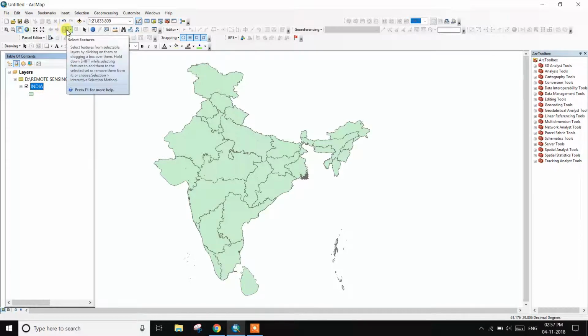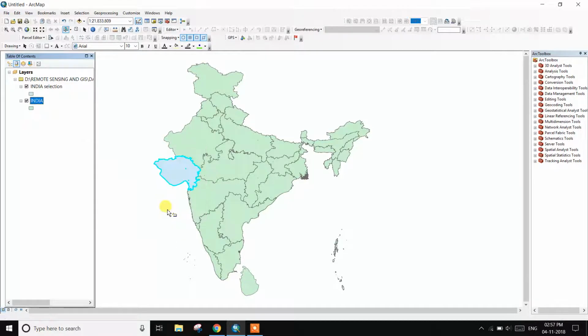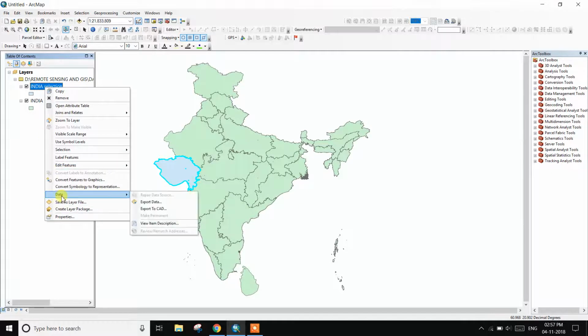At first, select these features and right click on the Indian Shapefile. Go to Selection, Create Layer from Selected Features. Right click the Indian selection features layer, go to Data, Export Data,